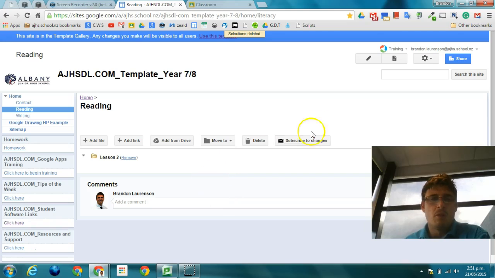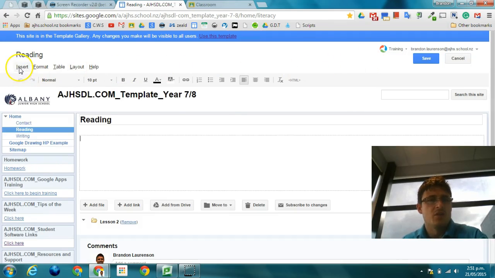Now, one more option is to add or embed documents into your website, and this is another way in which teachers can present work straight away and students can engage with it. It wouldn't be something you would use if you have a lot of content on a web page, because as you'll see, it takes up quite a bit. So if I want to add or embed a document, any of my Google documents, onto my web page, I click Edit Page,